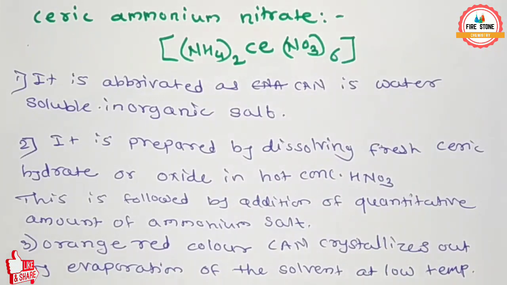Today we are going to start a new reagent, that is ceric ammonium nitrate. This is the most important reagent for organic reactions, in which the applications are several types of reactions like carbon-carbon bond formation, oxidative cleavage, nitration and removal of protecting groups. So it is the most important reagent which does various functions.